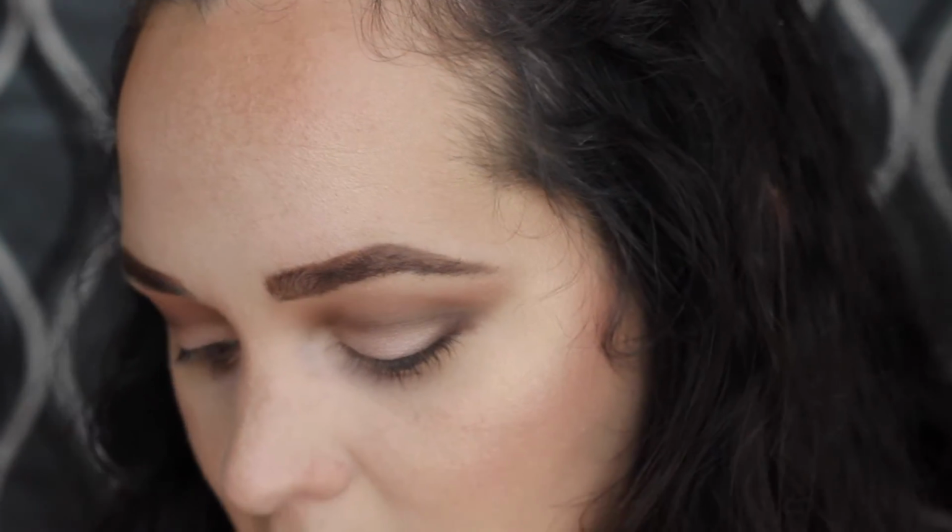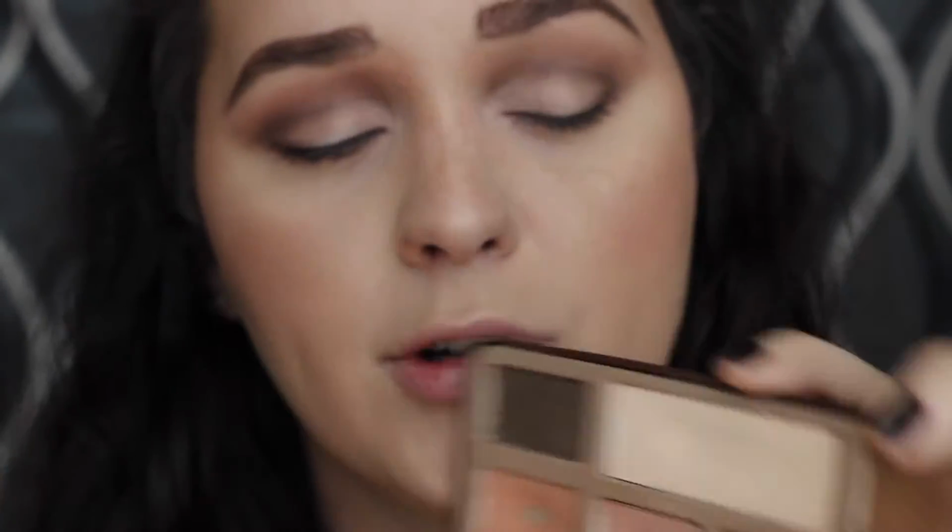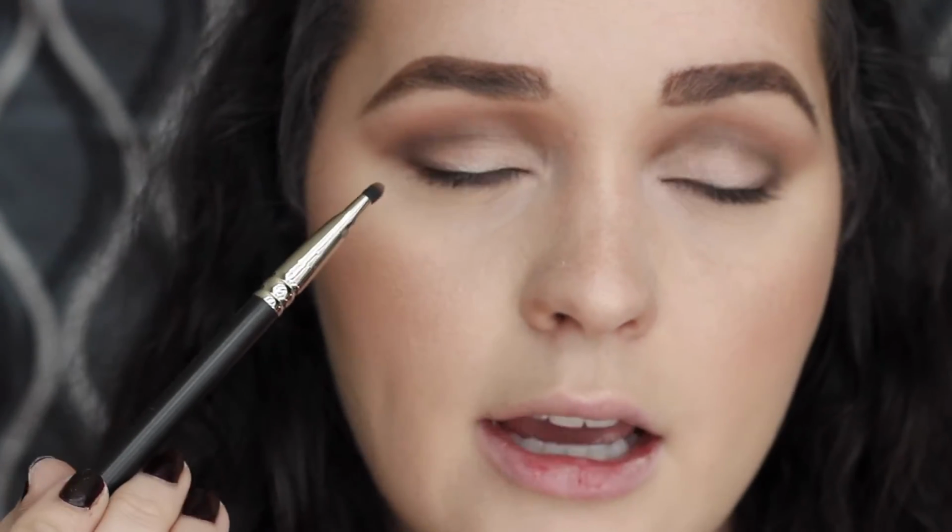So this is my MAC 214 brush, I think. It's a smudger brush, so it's just a flat little smudger brush, as you can see. So I'm going to take the milk chocolate that I used and also that salted caramel that we first used in the crease, and I'm just going to smoke out the lower lash line. So I'm going to go right, not directly below, but where the end